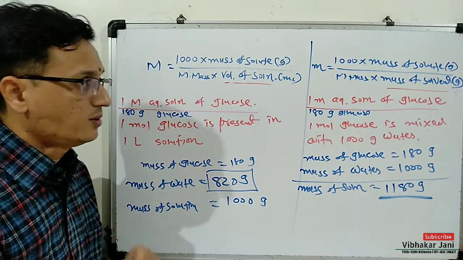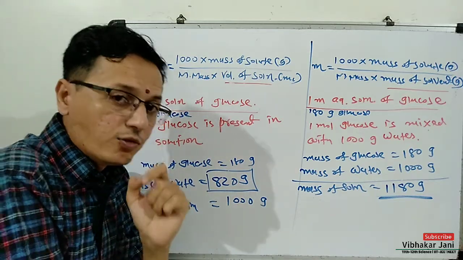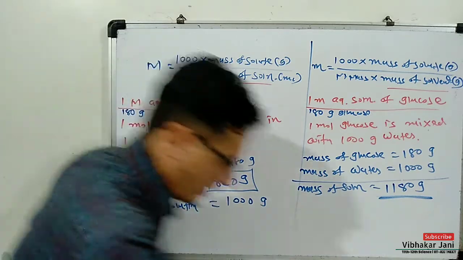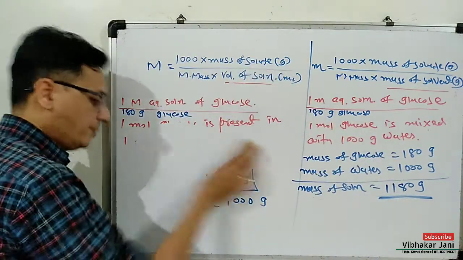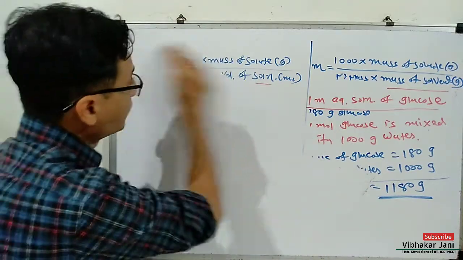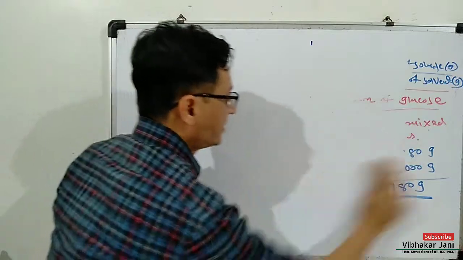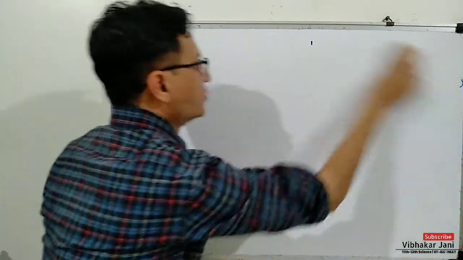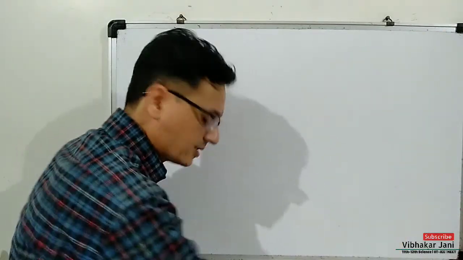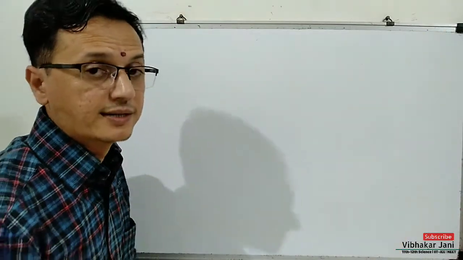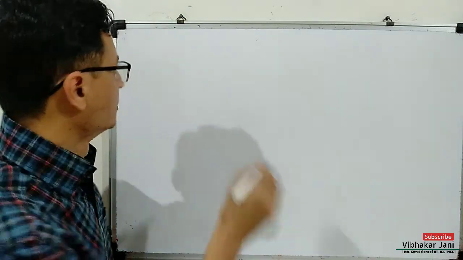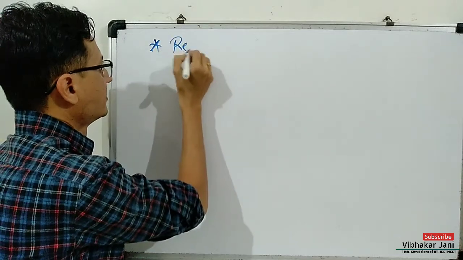Okay. Now let us write a formula which correlates molarity and molality. So sometimes density and molarity are given and you are asked to find molality for the same solution. In that condition, a new formula can be used. That formula is not given in our NCERT textbook, but such kind of formulas are very important and they are used in JEE and NEET examinations. So, relation between